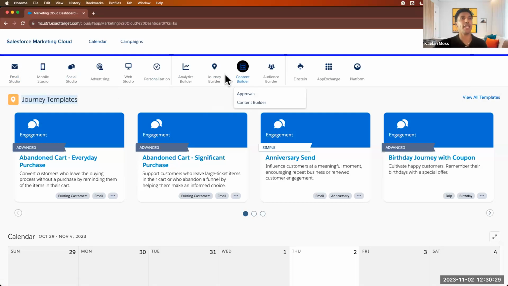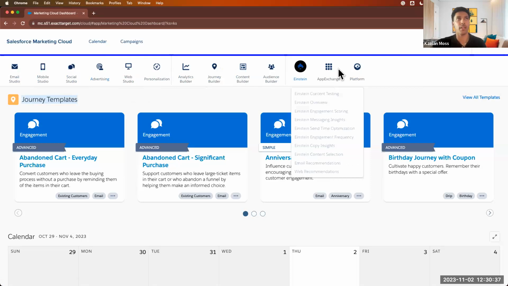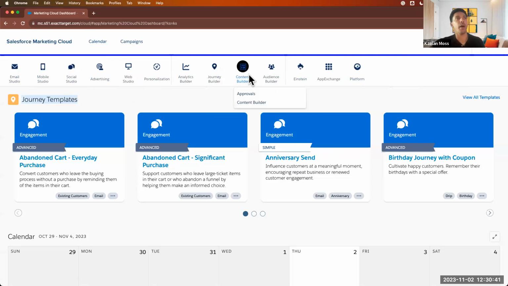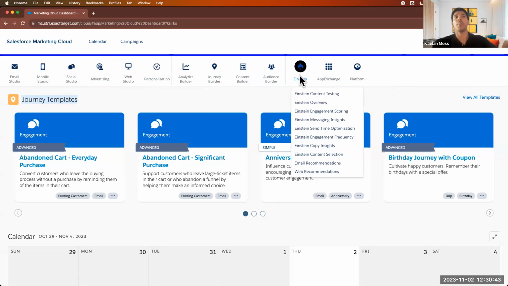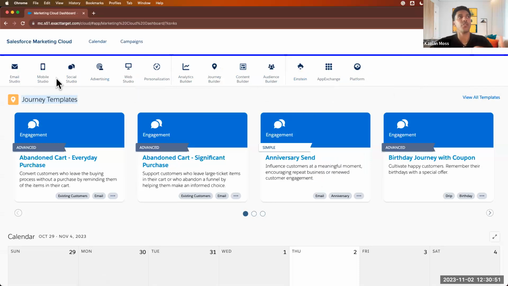You have this navigation bar, which is section number 2. And what you can see here is all the different places you can go within Marketing Cloud. So depending on what your company has purchased, you probably will have something else that other people might not see, right? Like I have Einstein right here. Some people may not see that, but these are all the products that you get within Marketing Cloud.